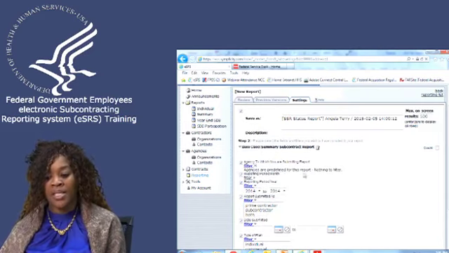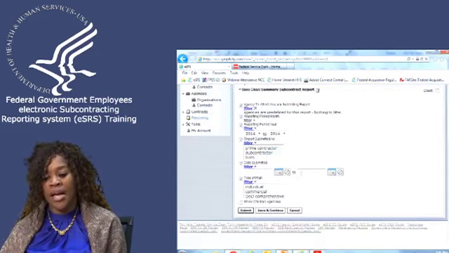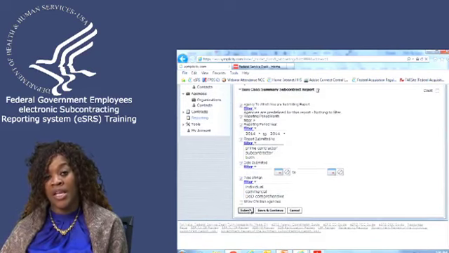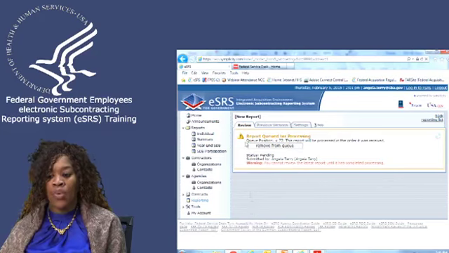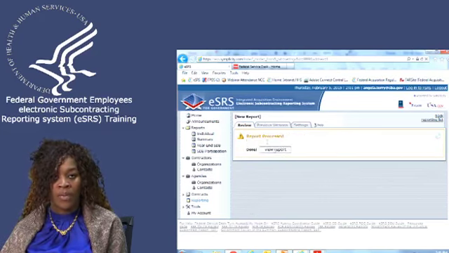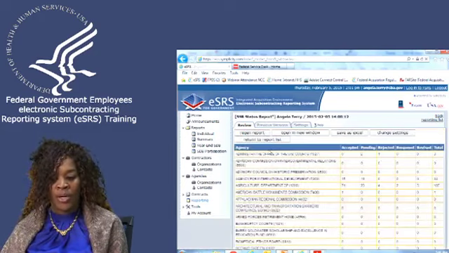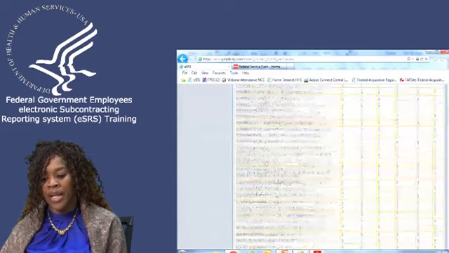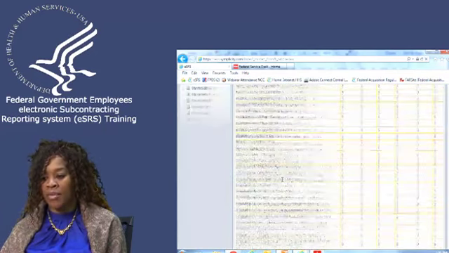Okay, the agencies for this report are predefined, so when I run this report, you're going to see other agencies outside of HHS, but we're just going to focus on HHS. If you want to remove this report out of queue while it's being run, you could hit that button. But for me, I want to see it, so I'm going to hit View Report. I'm going to scroll down to HHS's reports. Well, let me show you the heading before I do that.